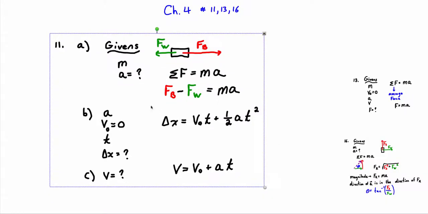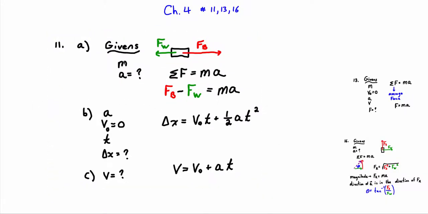So 11, I'm going to write the givens down, but when I write the givens, I'm also going to draw the model over here, and that's going to count as some of my givens. So I'm going to know that my forces are given. In this question, we have a boat. So the force of the boat is here, and the force of the water is here. And I'm asked for what is the